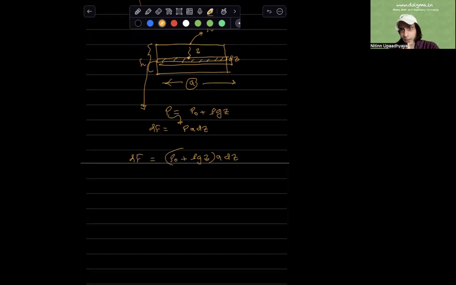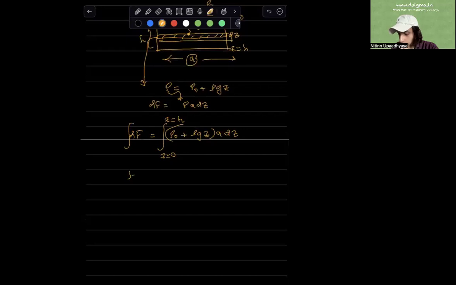And we can now integrate in order to calculate the total force being exerted on this wall by the fluid column. We can integrate this entire expression when the depth goes from z equals 0 to z equals h. So that will be the net force on face A. So maybe I'm going to write force on face A. So the net force is, and this is an elementary integration,